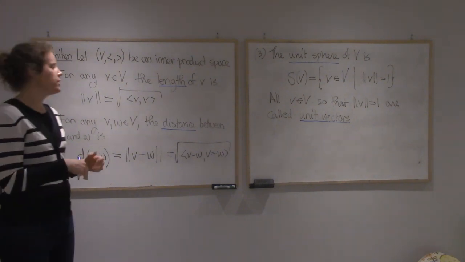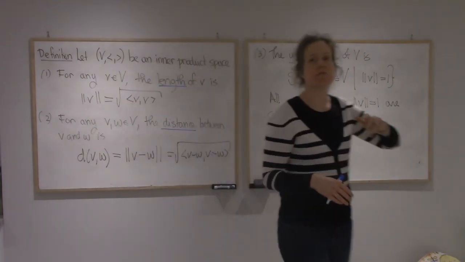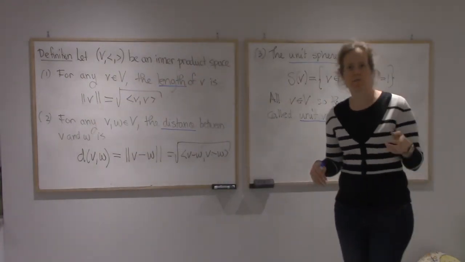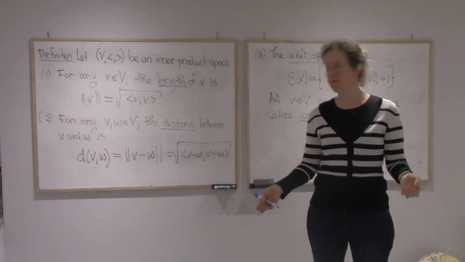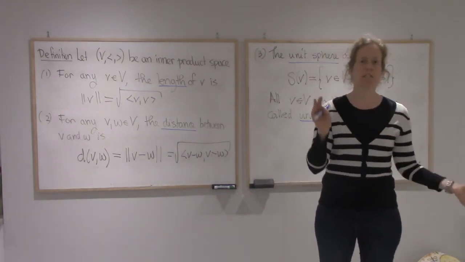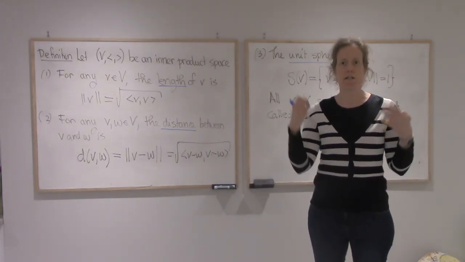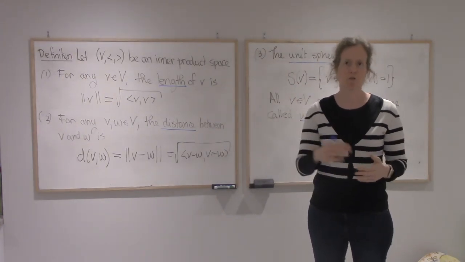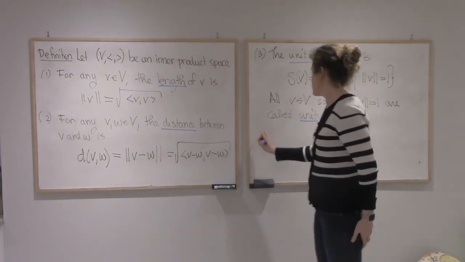One thing to note here is all of these lengths, distances, and unit vectors depend on a choice of inner product. If you change the inner product, you'll change the length of the vectors, you'll change the distance, you'll change the unit sphere. So it's not something that's intrinsic to the vector space. It depends on a choice of a dot product or of an inner product. So note